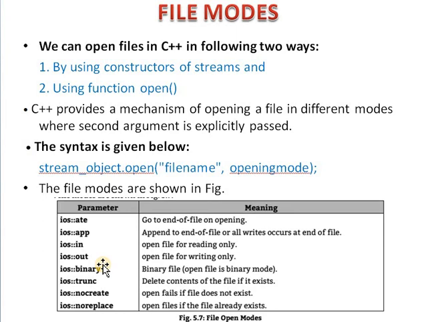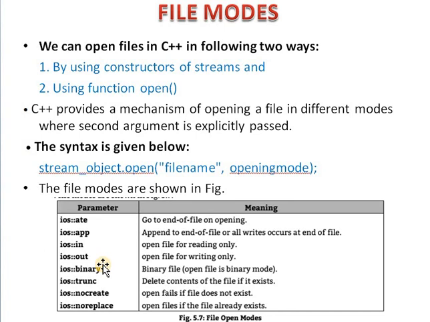The next one is ios::in. ios::in mode should be specified for an input file, where we want to specify the input file. At that time the ios::in mode is defined. The next, ios::out mode. ios::out mode should be specified for an output file. Similarly to in mode, the out mode is defined for output files. For example, where we want to open the file employee, then we are using ios::in and out mode.